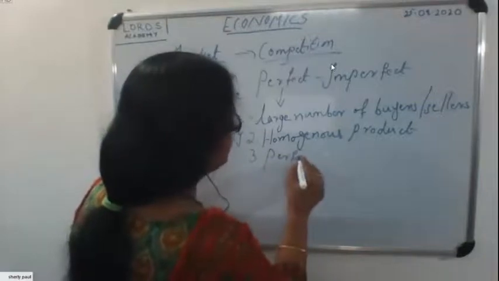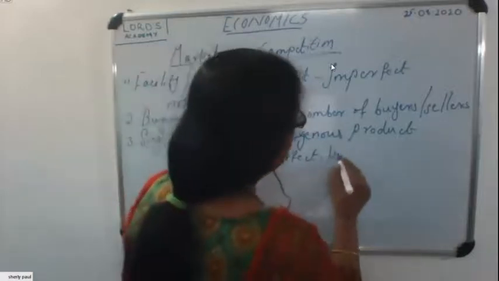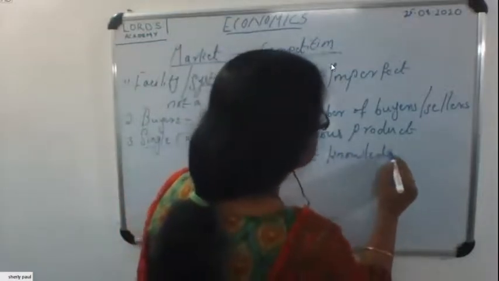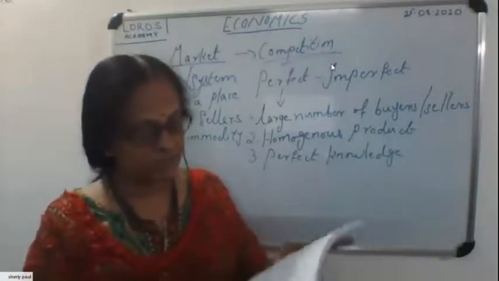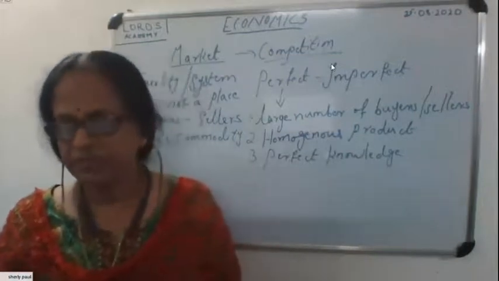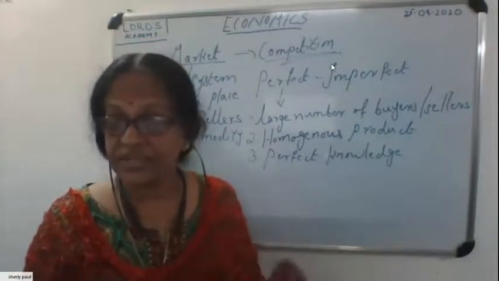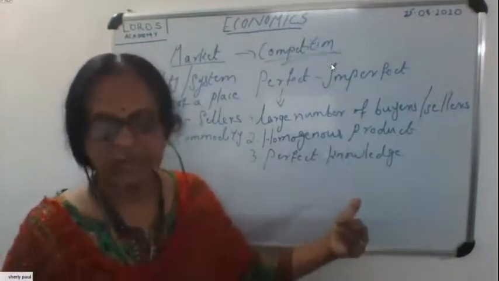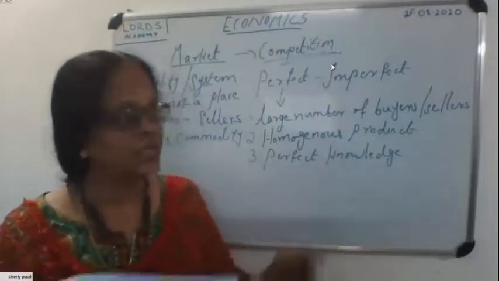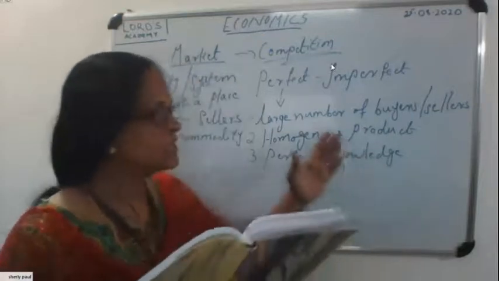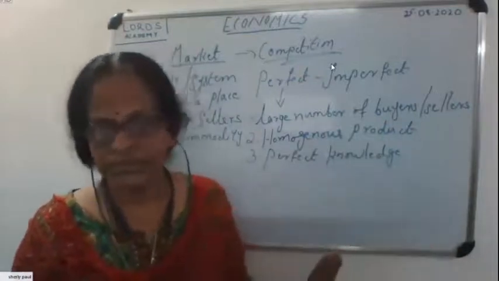Here the word is perfect knowledge, not imperfect, not relative knowledge. Both the buyers and sellers have knowledge about the supply, demand, and price. Clear? This is perfect knowledge of the price. Then, if some firms decide to charge a price higher than the ruling market price, there will be a large substitution effect away from this firm. If a seller wants to increase the price, his product will be left, because people will get the same product from another place.